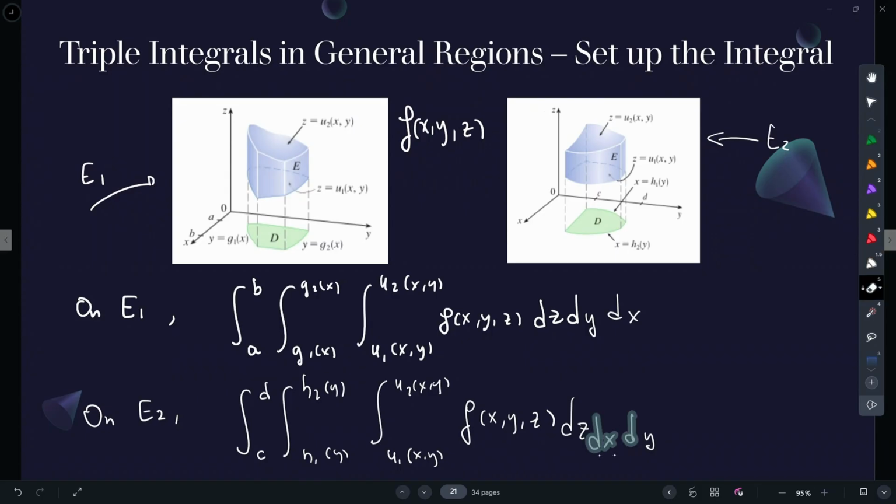Somehow they didn't match up. So it's dz, dx, dy. So those are the two possibilities. And if the innermost integral is with respect to z, we call these type 1